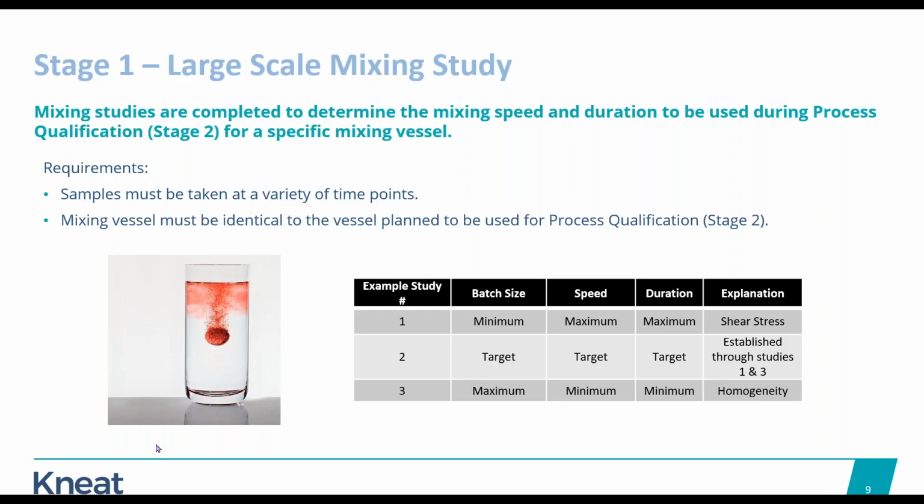And then the other extreme is study number 3 that I have up here. This is where we have the largest batch size that we mix at the lowest speed for the shortest amount of time. And this tests homogeneity. So here we're just asking ourselves, what's the shortest amount of time and lowest speed I can mix at that still adequately mixes the drug, and the concentration is the same throughout. So if you think back to your lemonade, what is the shortest amount of time that it can be concentrated